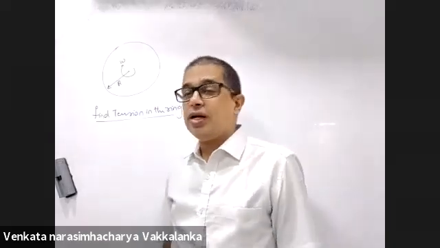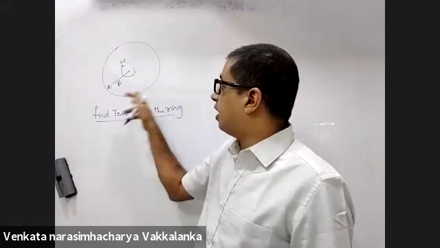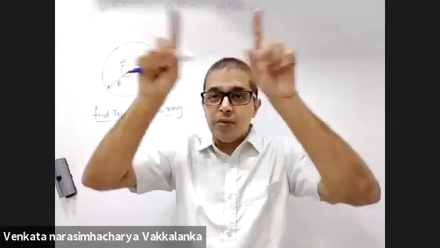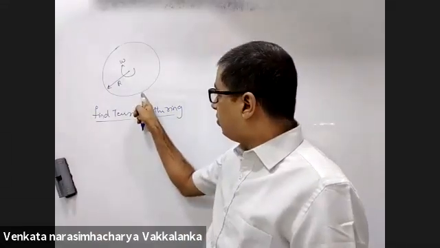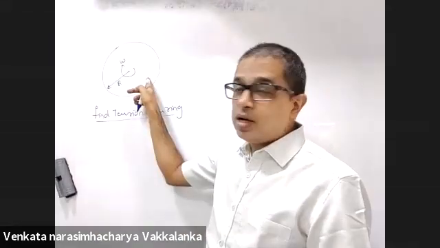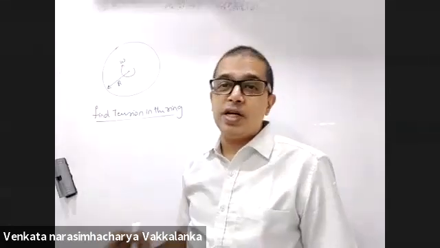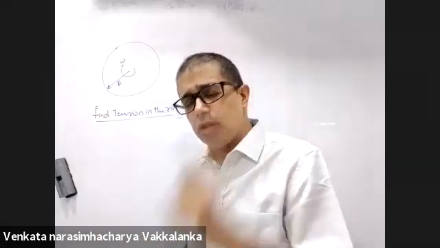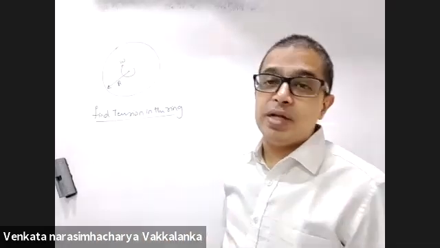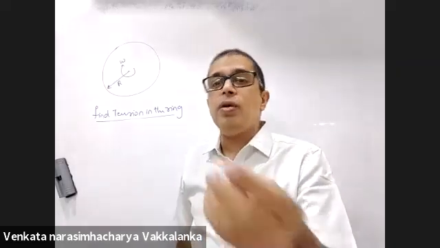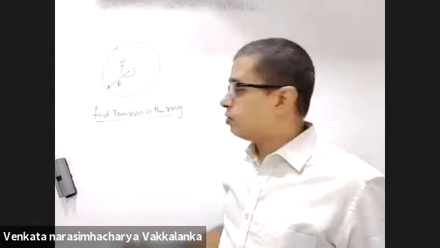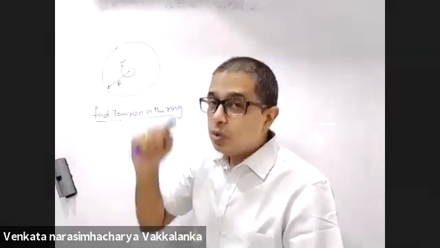Then in electrostatics, we'll keep charge on the ring. Because of repulsion, they will ask for tension in the ring. In magnetism, we will send current in this, keep it inside a magnetic field and ask for tension in the ring. Question is the same. In all these questions they will ask you tension developed in the ring. Reason for development of tension will be different in different situations. Here, you are rotating the ring.